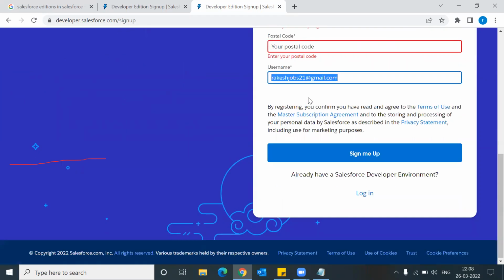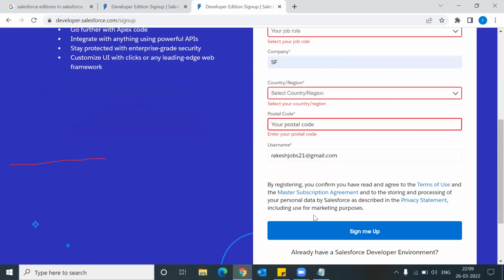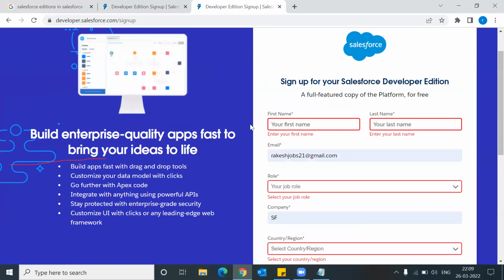Once you fill the form, click the sign me up button. After that, you will receive a link on this mail ID. This link will be valid for 24 hours. Keep in mind, this link is valid for 24 hours. The certification question was whether they might be the same or not, and another question attached to it: how many hours is the link valid when you receive it? 24 hours. Once you click here, you will receive a link. Click on that link, and then automatically you will get